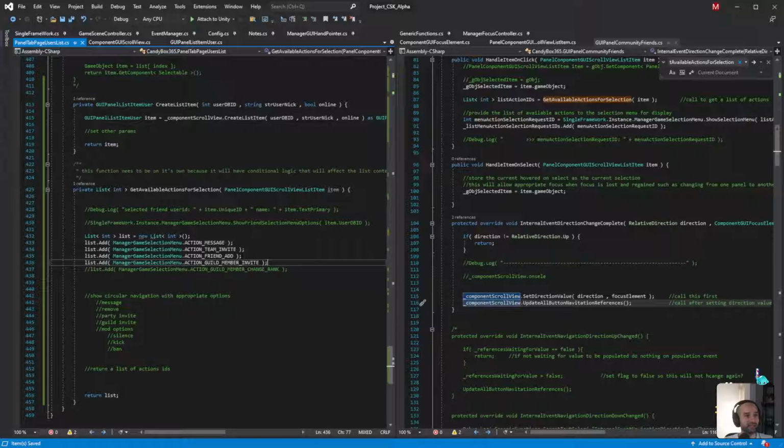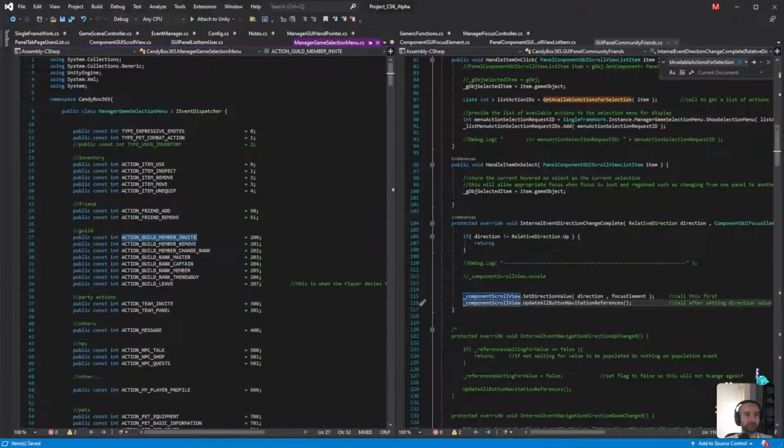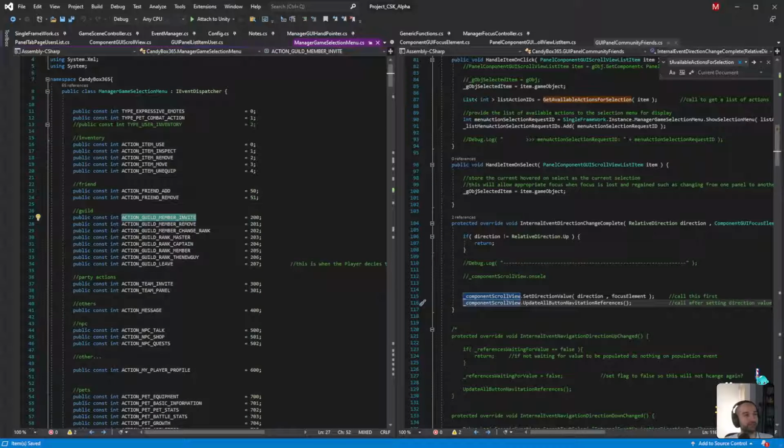So it'll be message, team invite, friend add. I don't think we add team invite here from the lobby. Let's disable that one. So it'll be message, friend add, and then guild member invite. Can you think of anything else we need? Let's have a look at them and see what options we have. So we have emote. No, I don't want to get into those kind of systems just yet.